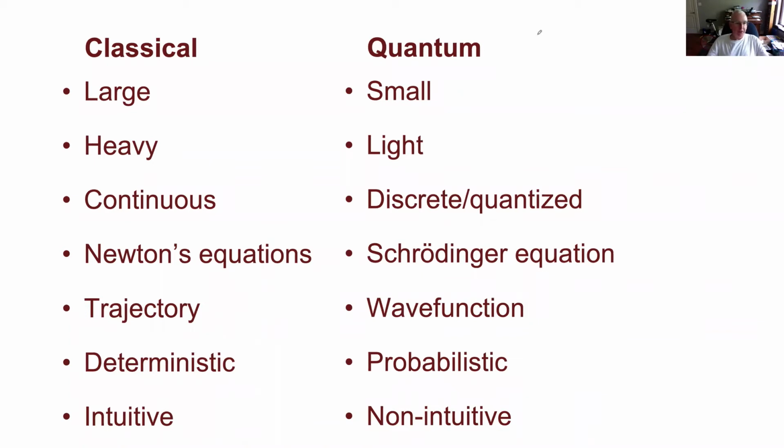So my next bullet down there says classical mechanics is deterministic. Again, that means once you know the coordinates of something and the forces acting on it, you know everything about it. You can tell where it's going to be at any time later of your choosing. Quantum mechanics works on probabilities. So you cannot say, I know this electron is here right now,